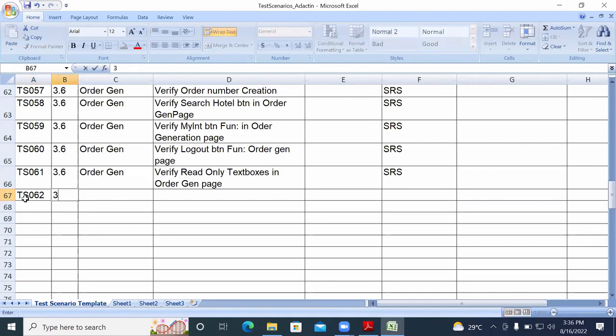Next, TS062. Requirement number? 3.6. The 3.6 is related to order generation. Okay, what is the next one? One is read only text boxes. Apart from that,